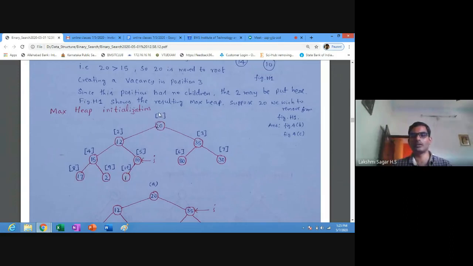The root becomes index 1, the top element. Next, left is 2 and right is 3. Next 4, 5, 6, 7, 8, 9, 10. At index 5, it has value 10.